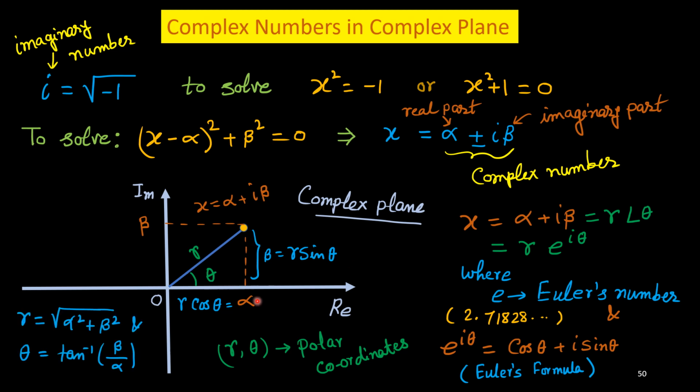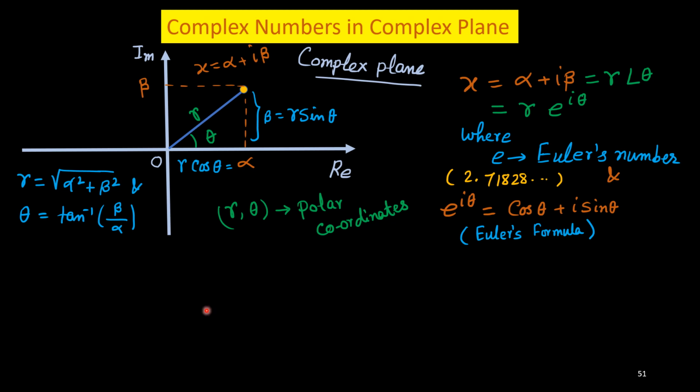And if alpha and beta are given, we can find out the magnitude r. R is the magnitude, the square root of alpha square plus beta square. And this phase part, theta, equals tan inverse beta by alpha. Okay,